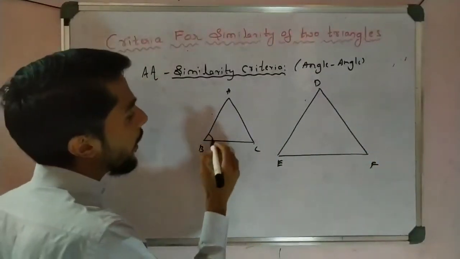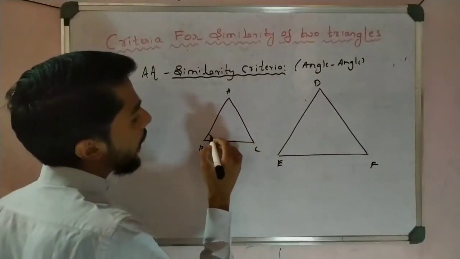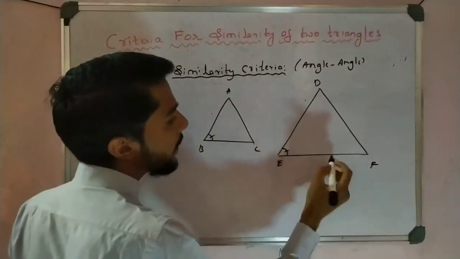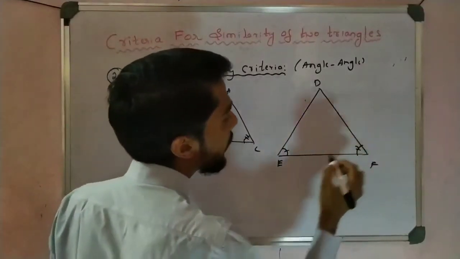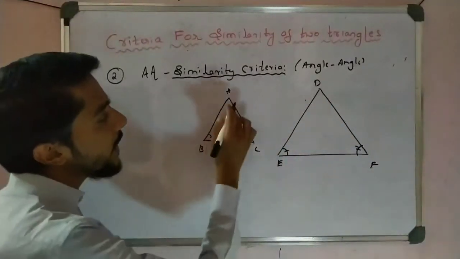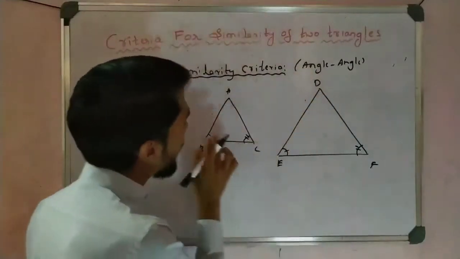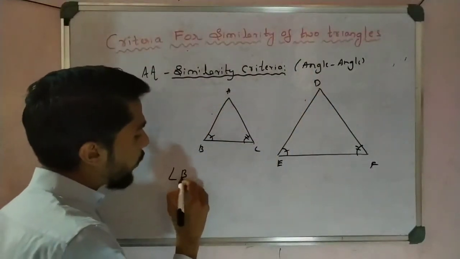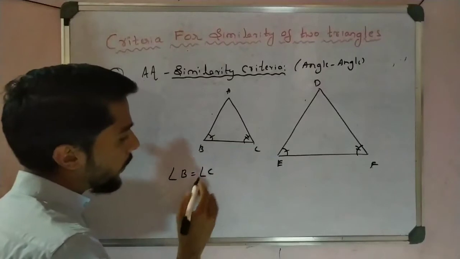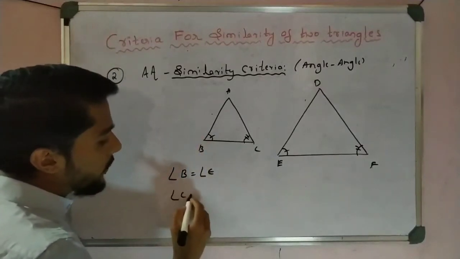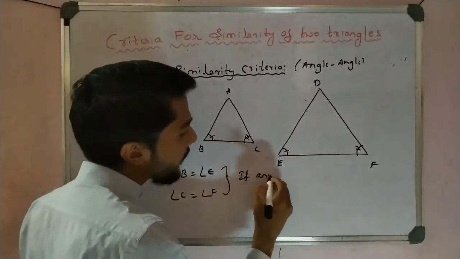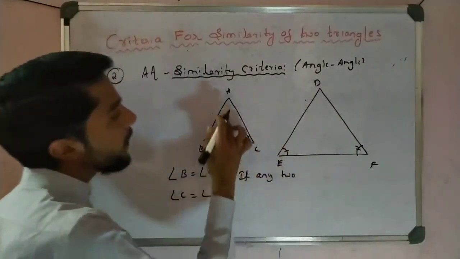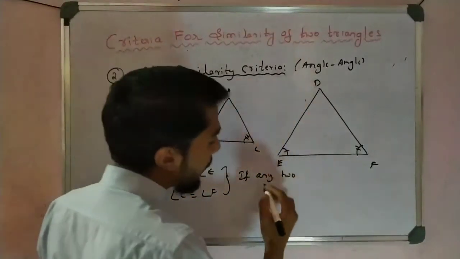For example, I can take angle B equal to angle E, and angle C equal to angle F. Here only this angle's measurement is not given, so I can take only these. If any two, for example B equal to E and C equal to F, maybe these two or any two,